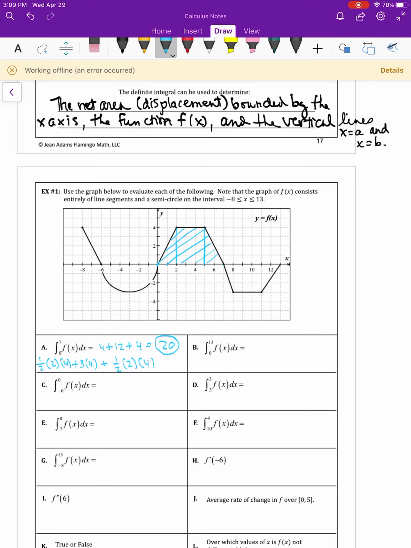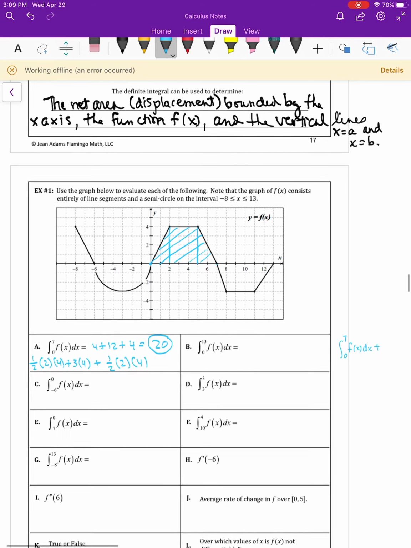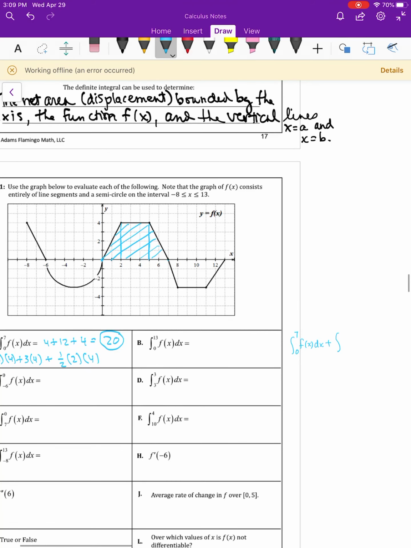For part B, I'm going from 0 to 13. Now I already know what 0 to 7 is, right? And I know that my integral from 0 to 13 can be looked at as my integral from 0 to 7 plus my integral from 7 to 13. So I'm going to use that, and I'm going to say, okay, I know 0 to 7 is 20